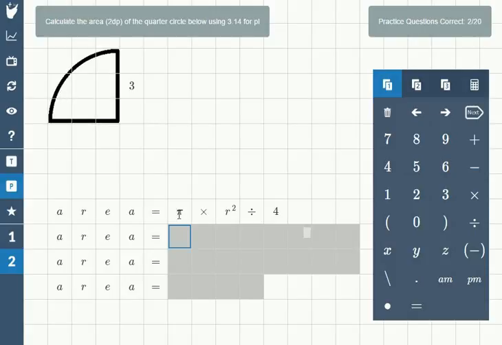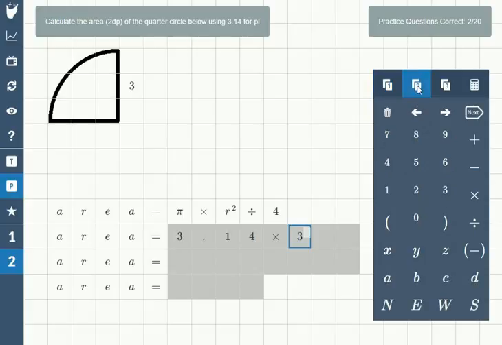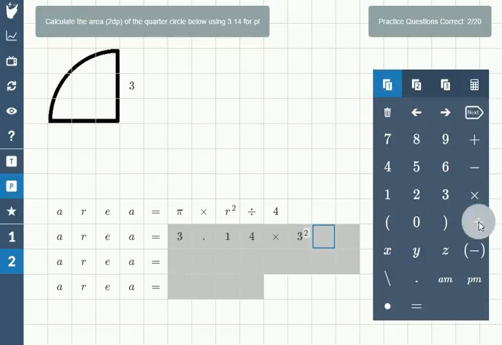We can replace pi with its approximation, 3.14, and then multiply it by the radius squared, so that will be 3 for the radius, and we'll pop to the second tab so we can put in the little squared part, and then divide that answer by 4. On the next line, we're going to evaluate 3 squared, which will make it 3 times 3, which is 9, and replace that in our next line of working. So everything else stays the same, 3.14 times 9, so we're replacing 3 squared with 9, and then divide by